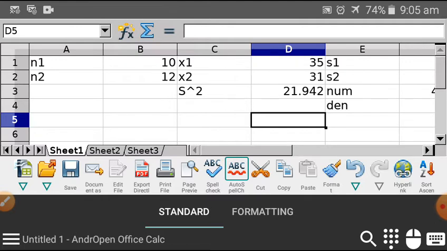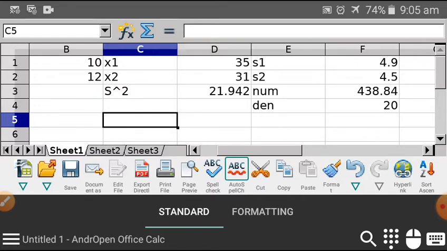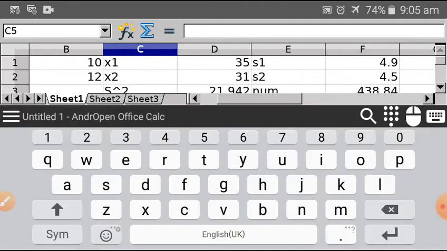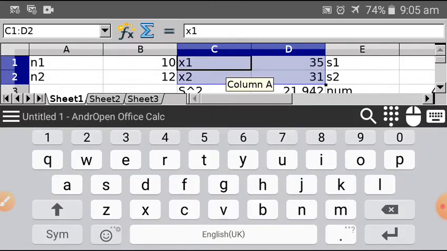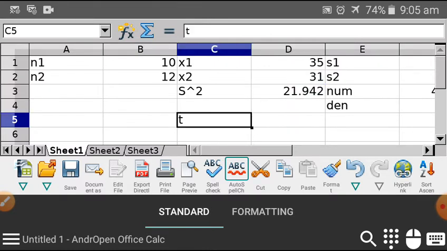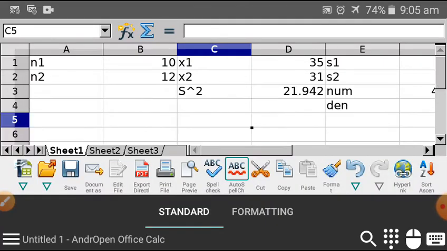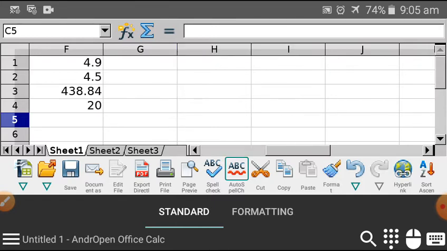We have n1 n2 all the things here. Let me shift here. So I need n1 n2 all the things here, correct. So here if I calculate the value of t, t I have to calculate. It's not visible. It's such a small screen. Let me not use this. Actually here the calculations are more and the space is small. Okay, let me do one thing.